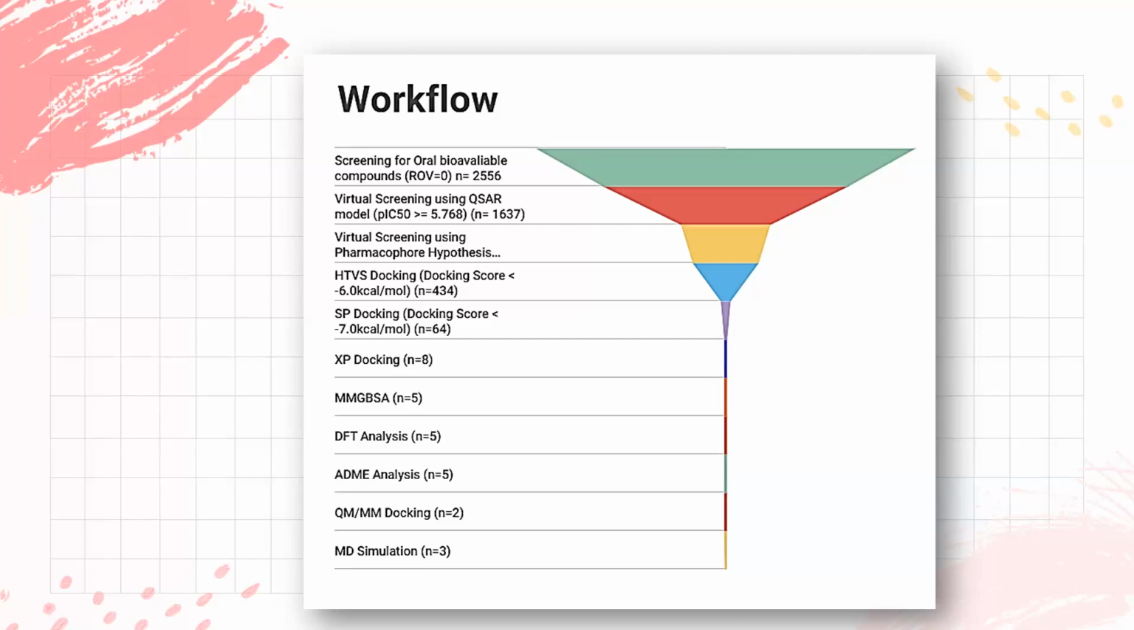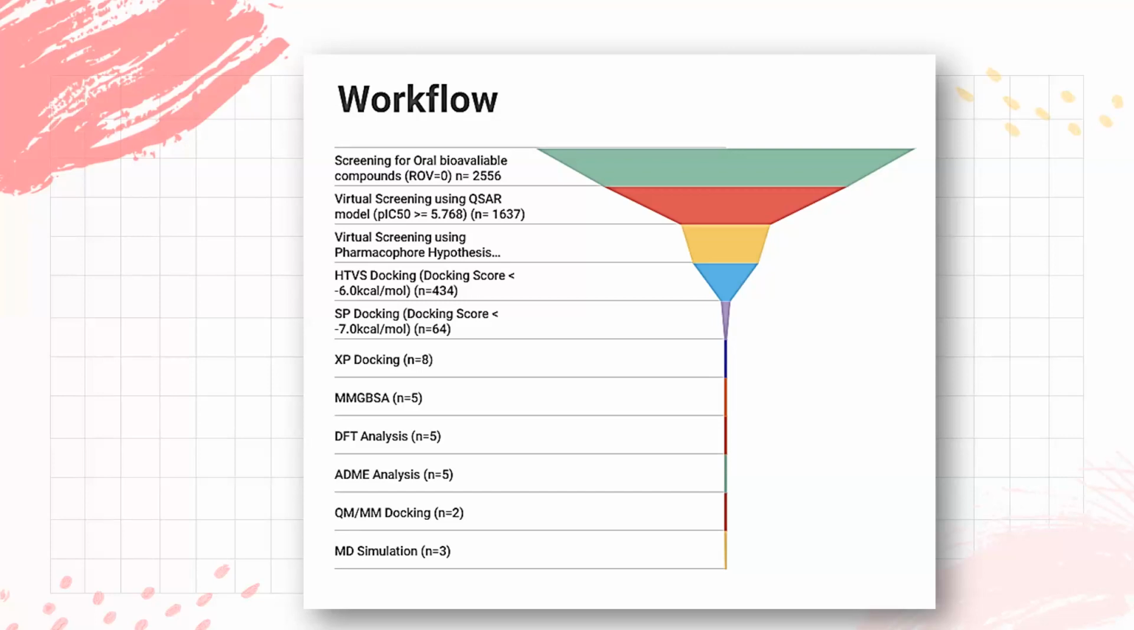So after the HTVS docking, we went next to SP docking, which is standard precision. We repeated that docking procedure again, but this time using a different precision method. We filtered those compounds with a docking score less than -7, which left us with 64 compounds. So now the top 8 compounds, we took them to the last precision of docking, which is